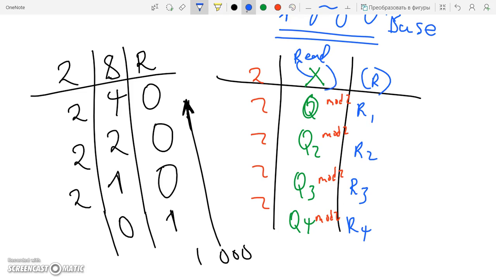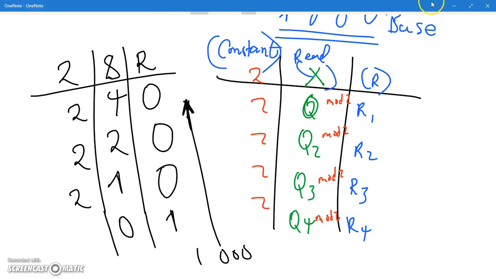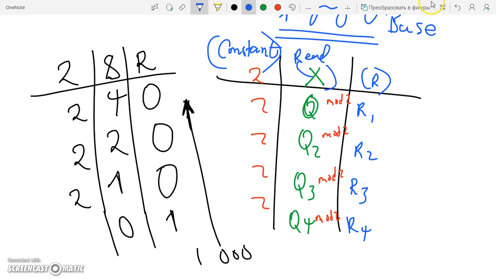You read X, and probably you're going to use this as a constant. You don't want to write it a lot of times, you just write it as a constant, and that's all. That's how you find or convert a base 10 number to binary. And using the same procedure, you can do anything that you want. Now, next, probably I'm going to be talking about converting from binary to